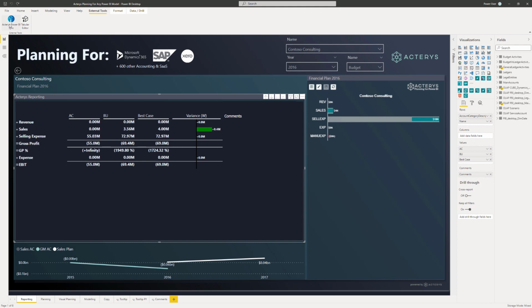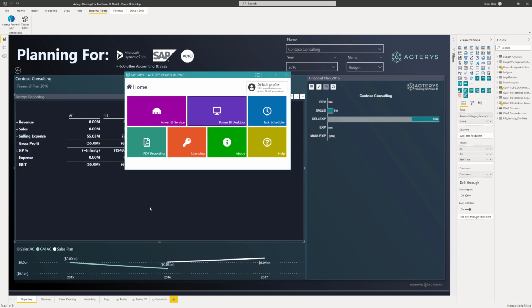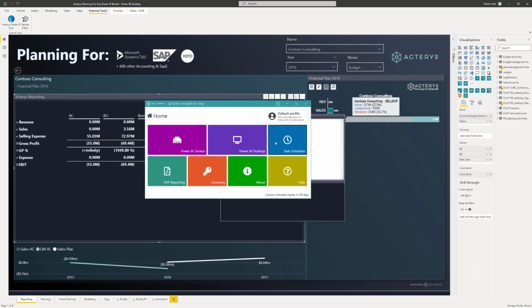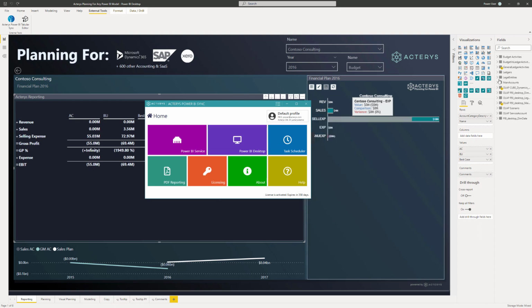Power BI sync option. So this is an external tool. You can just start it directly from Power BI, and you will get this kind of interface. You can now either point to a Power BI dataset in the cloud or a particular Power BI file. You can manage the update cycle, so similar to what we've seen before in InstaLink, this can be completely automated. And in addition to the data, you can also distribute Power BI reports and dashboards,